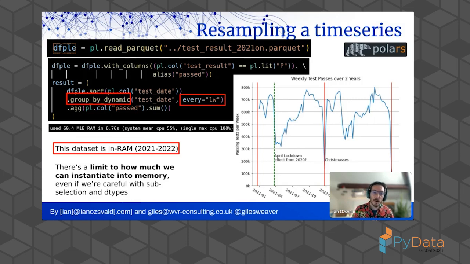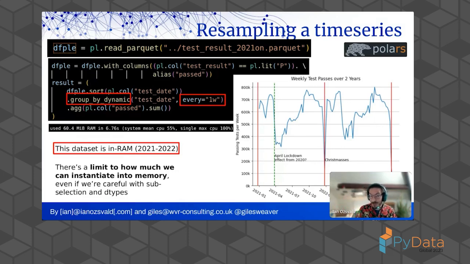And you see here a group by dynamic gives me a weekly resample where I can take all of the vehicles that passed and sum them up. And that means in the graph on the right-hand side, I can see that every week in 2021 and 2022, typically we had 600,000 to 700,000 vehicles passing the MOT, apart from April. And in April, there's a weird behavior. Everything drops down. Now, this is into COVID. We've already had a lockdown the year before. We could hypothesize a lockdown effect is occurring here, but we can't load more data into memory because we've run out of RAM. The data becomes too large for RAM.